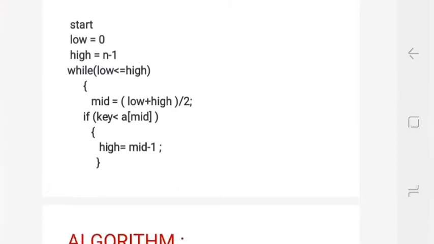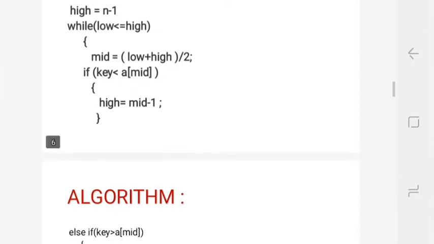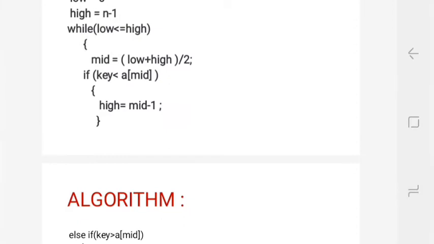First, we are starting the algorithm. We are assigning index 0 to low, next n minus 1 to high, and we are applying the conditions. The main condition of this algorithm is comparing the key, that is the value which we assign to find the location, with the mid value. We are applying three conditions and we are placing all of those in a while loop. First, we are checking whether the key value is equal to the mid value, or it is less than the mid value, or it is higher than the mid value.